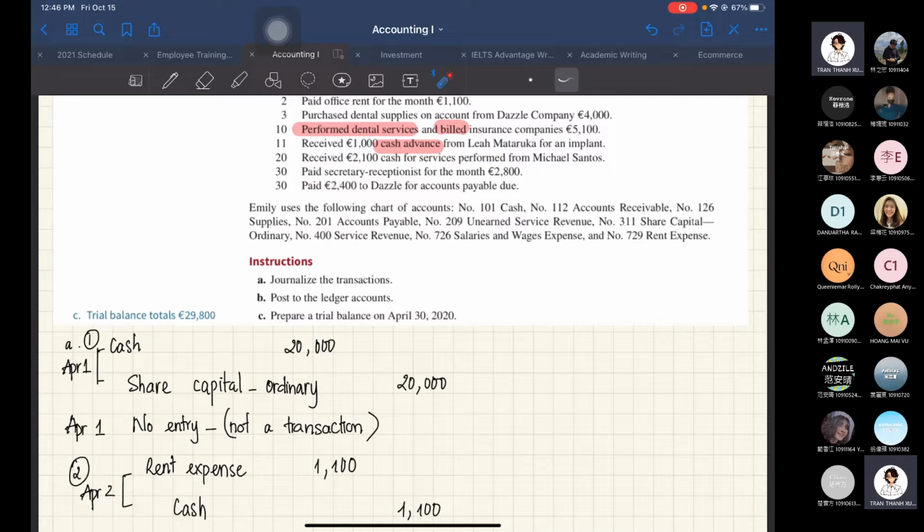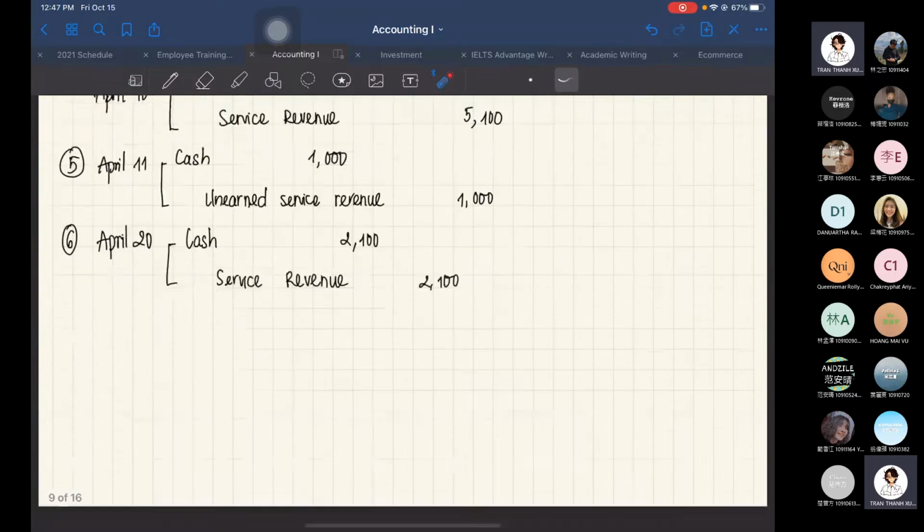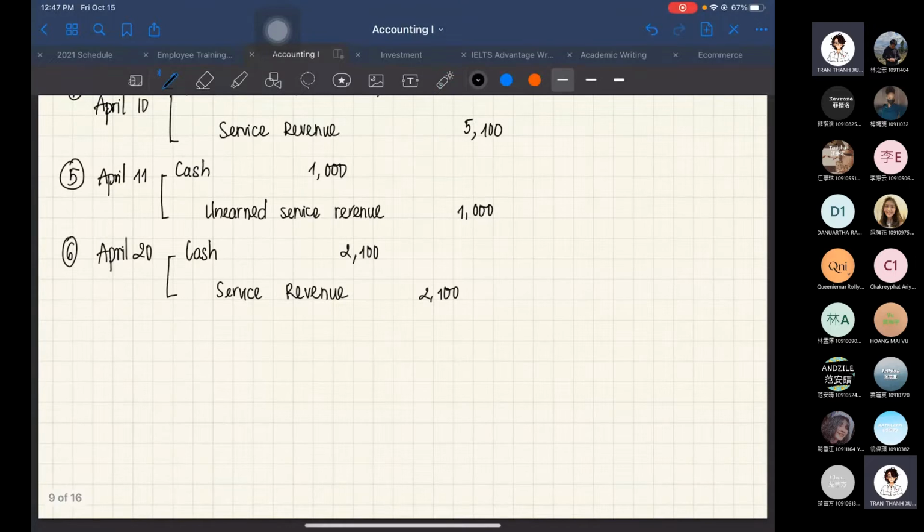First, they pay the secretary receptionist for the month. Is this familiar? On the 1st of April we hired her, and right now, at the end of April, we need to pay her. Right? So here, it's going to have